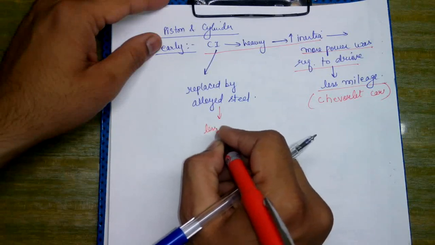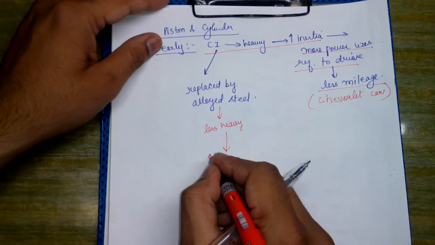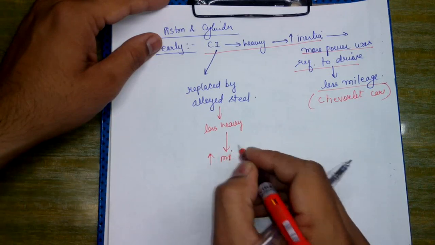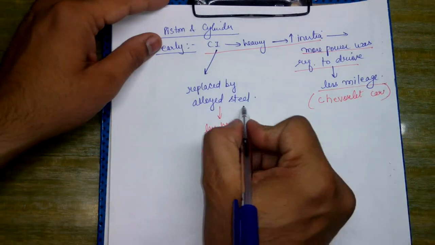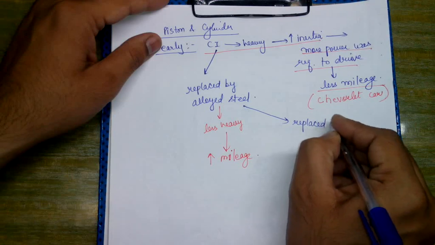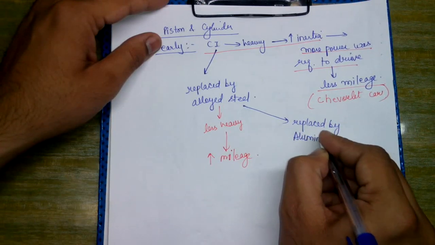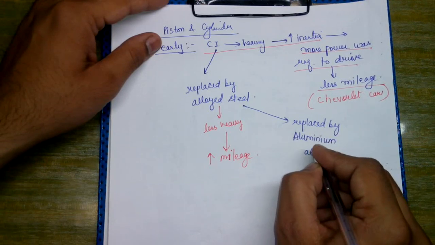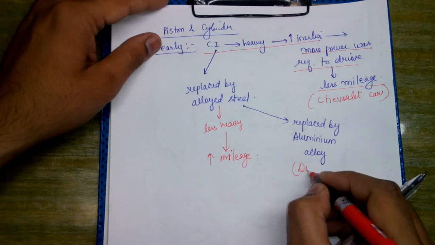It was less heavy, और हैवी कम था तो यहां पर क्या हुआ? We were able to increase the mileage. और फर्दर इसको हमने किससे रिप्लेस किया? This was also replaced by aluminium alloy. This was further replaced by aluminium alloy, और उसका नाम था डुराल्यूमिन।